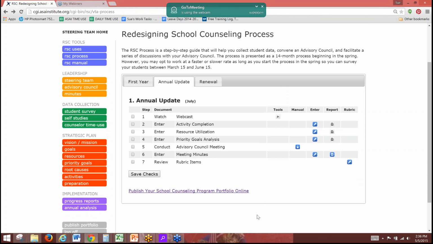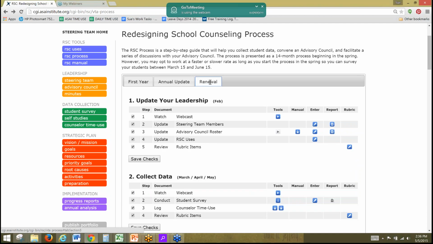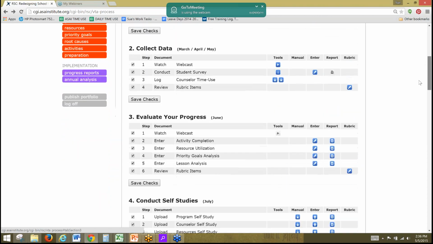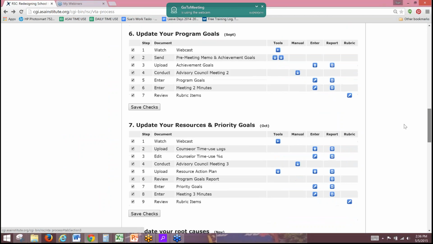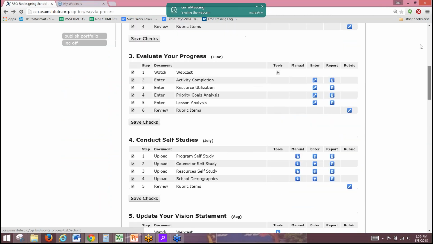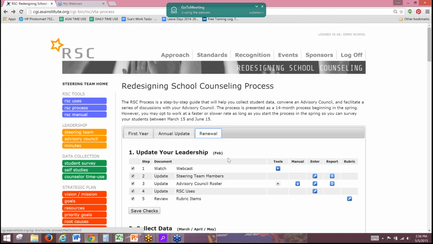And then there'll be this quick discussion with your advisory council after the first year of implementation, in-flight adjustments, quick analysis, and then off you go into the year after that. And then down the road, nothing's going to be linked on this page, but here is where we do our updates every third year. So two years off, one year on. So I think that is it. Let's go to the live folks and see if anybody has any questions.